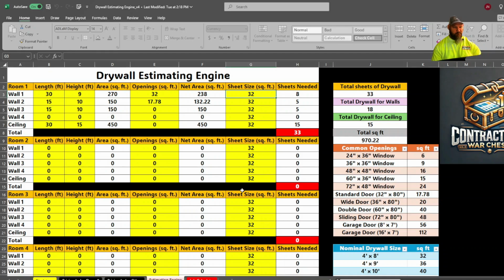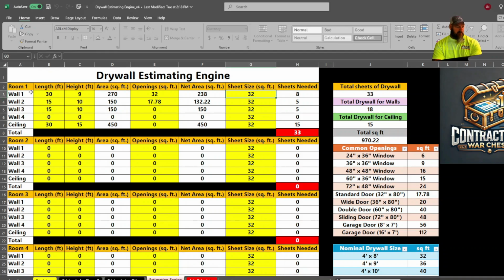Let's say that you're doing a new construction home and the general contractor reaches out to you and says, "Hey, I want to bid on this house I'm building," and then either you have them send you the plans, the blueprints, or you go to the house and do it the old school way. Either way is fine, whatever you're comfortable with, but you can do it by the blueprints with the spreadsheet,